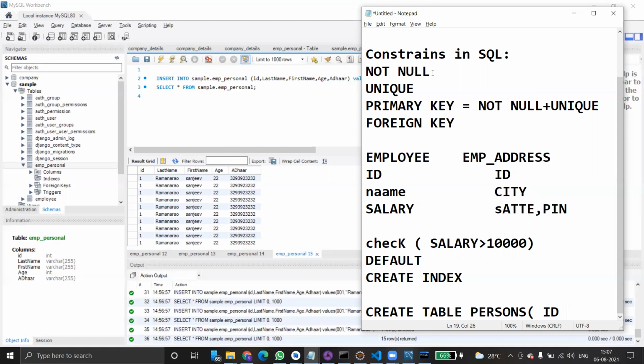How do you create indexes? Tell me. See, one more point: updating a table with indexes takes more time than updating a table without indexes. If there are indexes on the table and you are trying to update the table, it takes more time than without indexes. What is the reason? Because whatever indexes we have created on the table also need to be updated. That's why updates take more time.